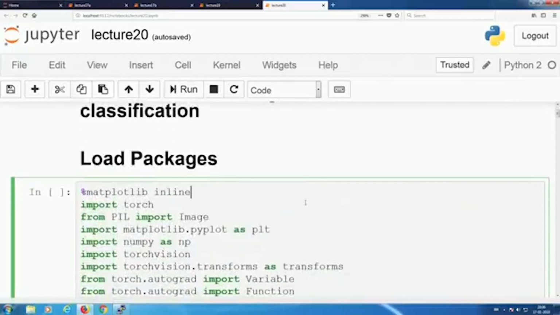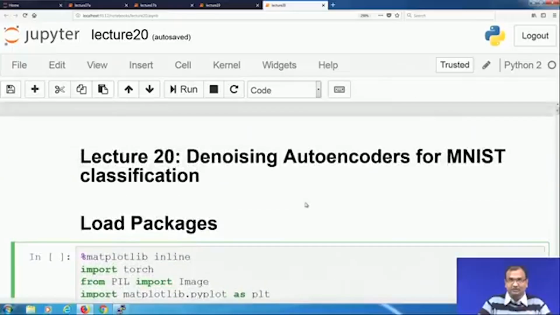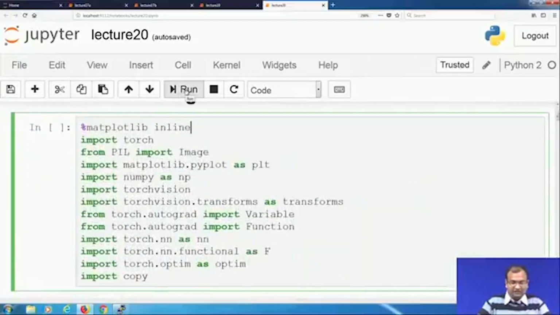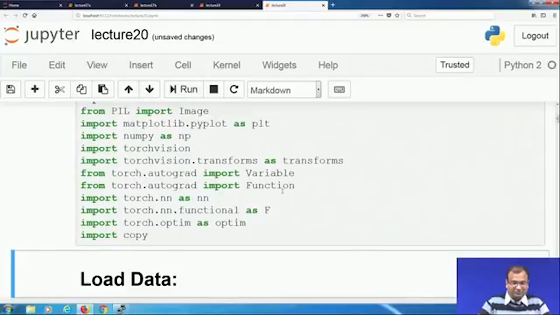We also realized from some of the other papers that as you introduce more and more noise, your network tends to learn better and better features, and in fact the number of unique features it learns in an over complete representation is much higher with the denoising autoencoder. So here we take the standard example, building on top of what we finished with the sparse autoencoder, to create a denoising sparse autoencoder for MNIST classification. They are all standard standalone runs, so that you don't get confused between any of them,